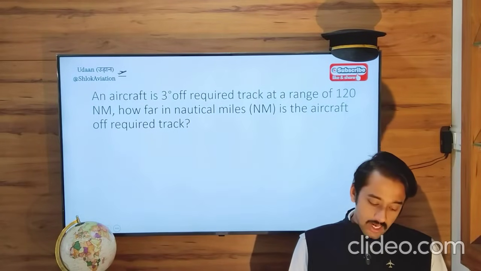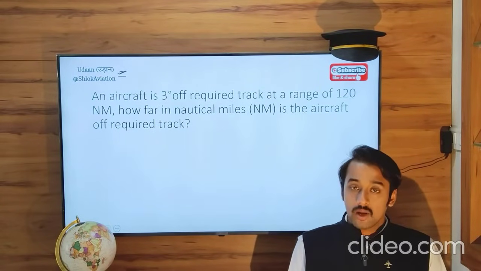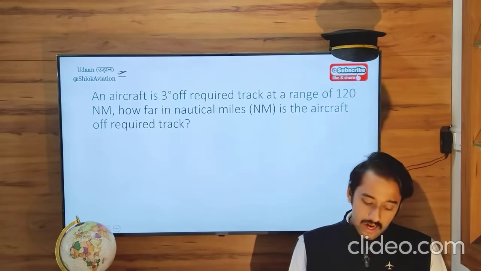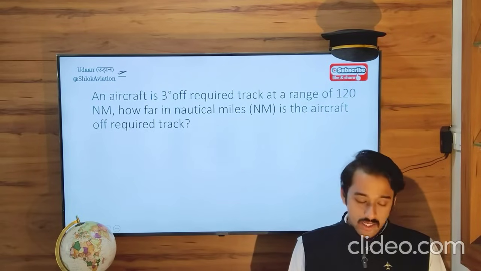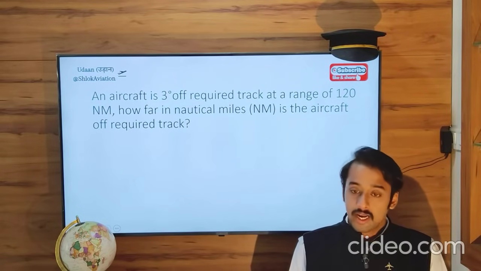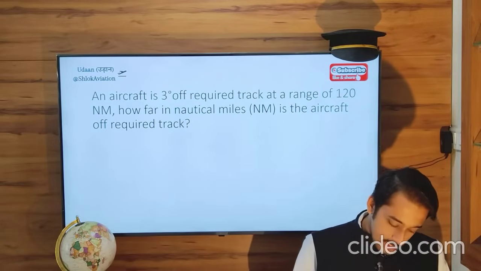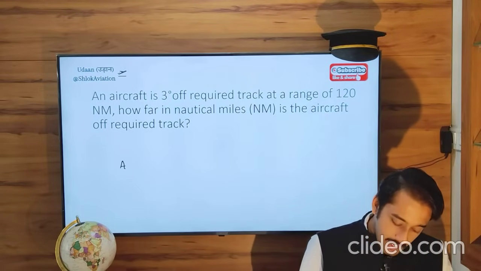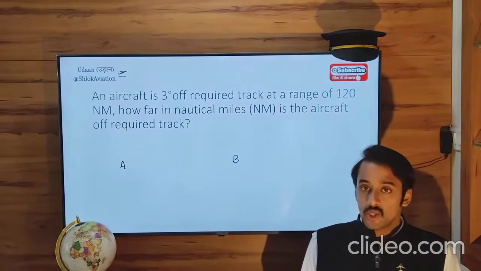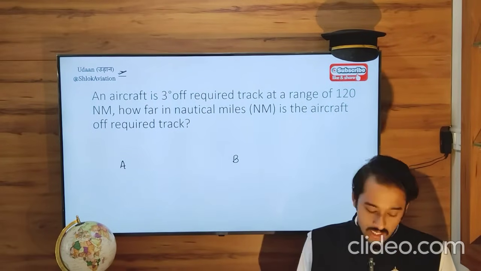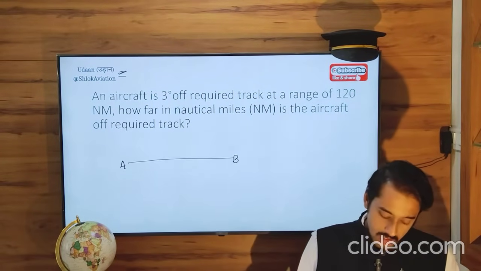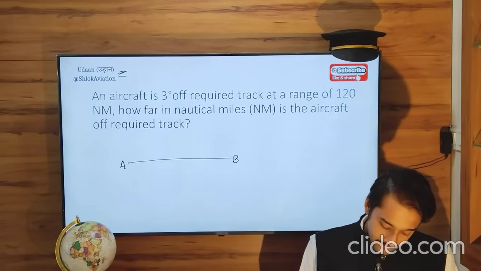Question 1. Aircraft is 3 degrees off the required track at a range of 120 miles. How far is the aircraft off the required track? So let's solve this question. Let's say we are at A and B. A is your departure point, B is your destination point. So A to B,